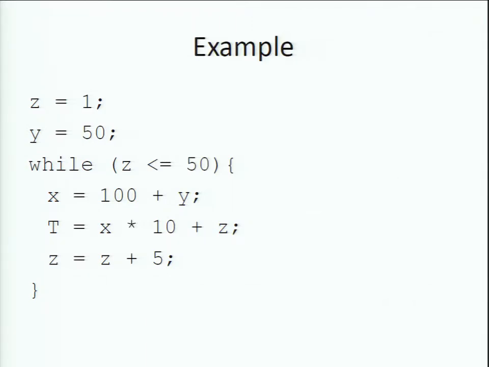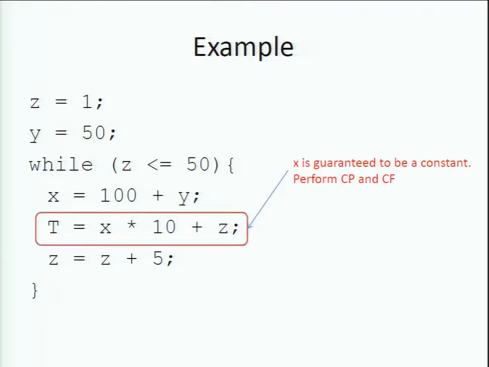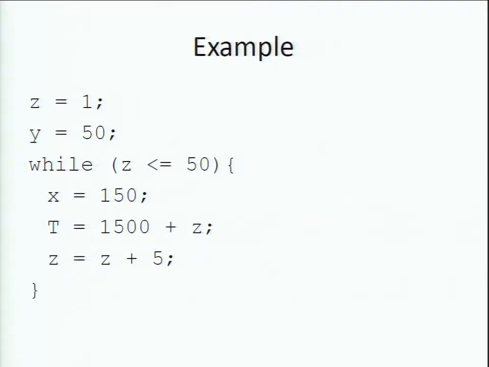So just to illustrate these two optimizations, here is a very simple example program. This is a simple while loop, and can you see what possible optimizations can be performed? Can you see that constant propagation can be performed in this example? For example, here y is a constant. So therefore x will be a constant, and t uses x, so therefore you can actually replace the value of x in this expression. Okay. So that's what we do, and we also perform constant folding. Okay. So that removes a multiplication and it removes an extra load and store.